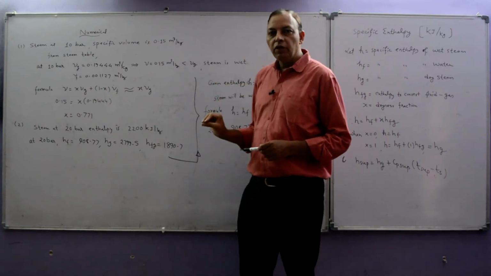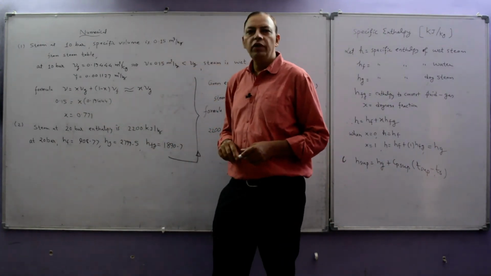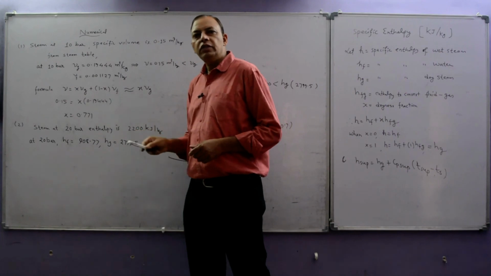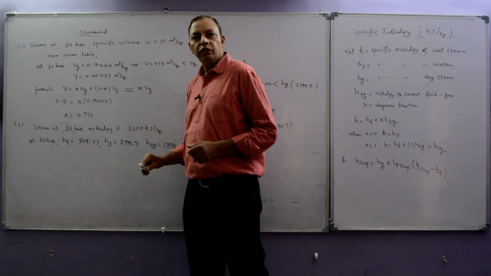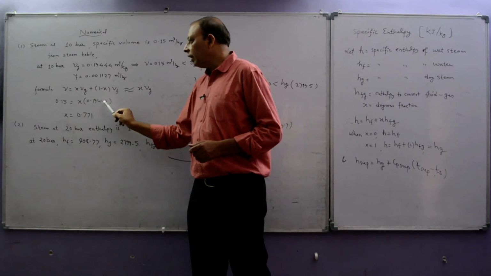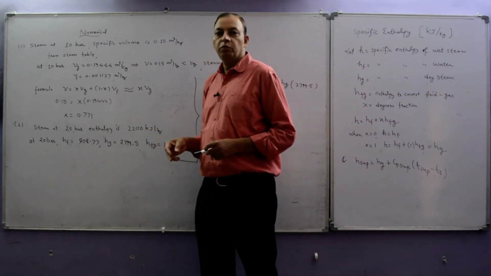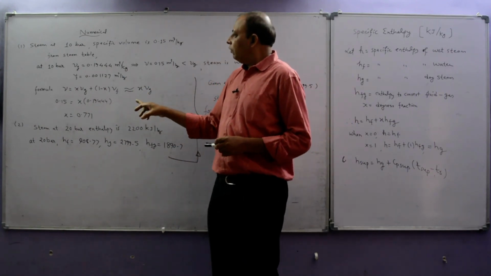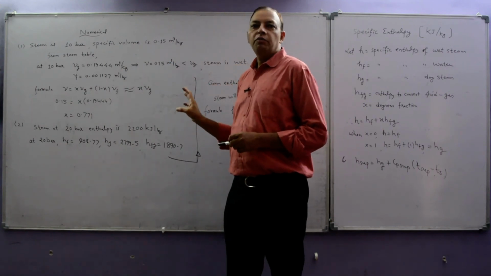So what is the formula of wet steam? The formula of wet steam is V equal to X Vg plus (1 minus X) Vf, and we have converted it into X Vg, as the value of Vf is very small as compared to Vg. When we apply, the given value is 0.15 equal to X times Vg, and Vg from the steam table is 0.1944. Here we get X equal to 0.771. This is the dryness fraction of steam, so we can conclude that with the help of comparing with Vg we can identify the type of steam.